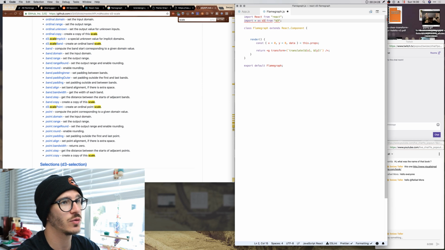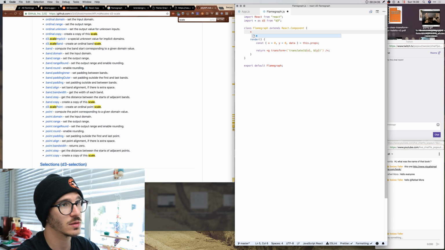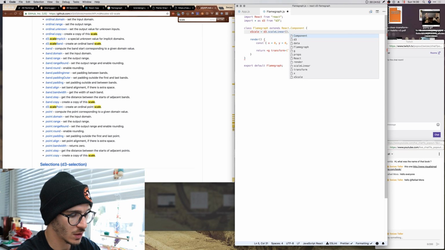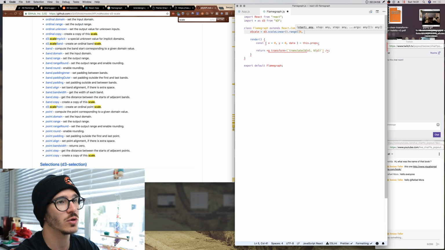Import star as D3 from D3, and we're gonna make it better afterwards. So we say x scale equals D3 dot scale linear with our domain and range, so our range goes from 0 to D3 max of